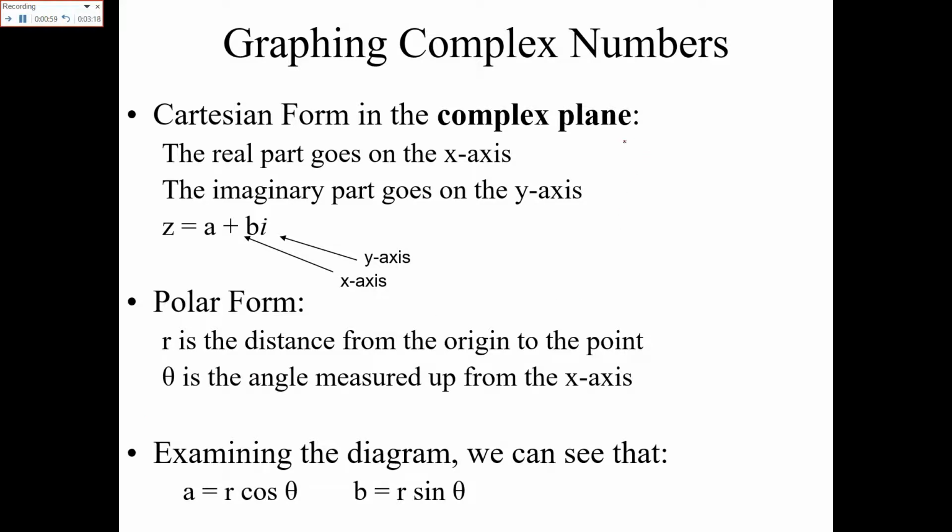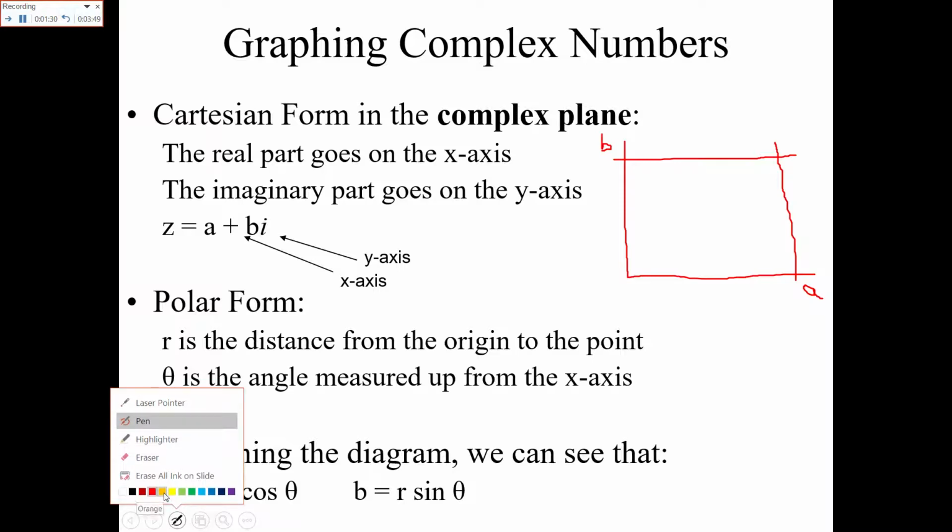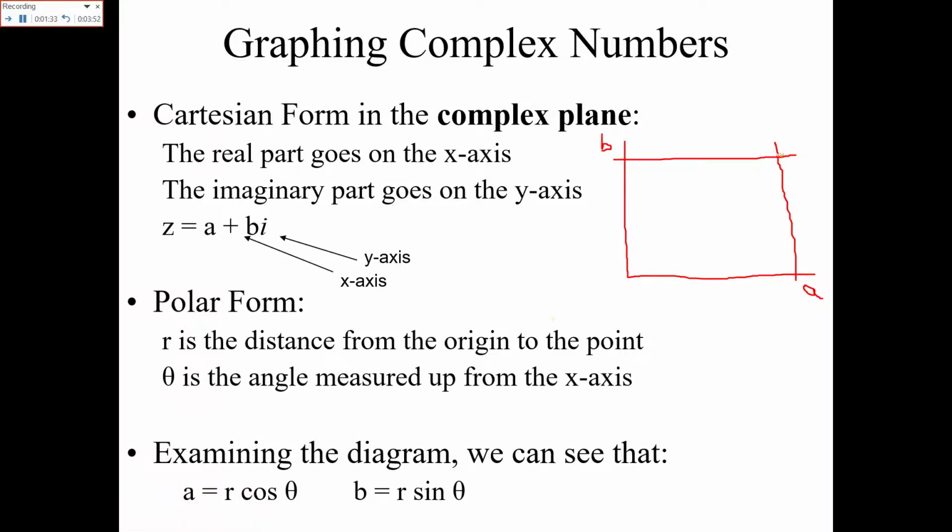Now if this is a complex plane, here you have the real part a, and here you have the imaginary part b. Now the number is given as a plus b iota. This is the value for b, and this is the value for a, and this is basically the point. I'll take the highlighter to show you exactly. So here your number is lying.